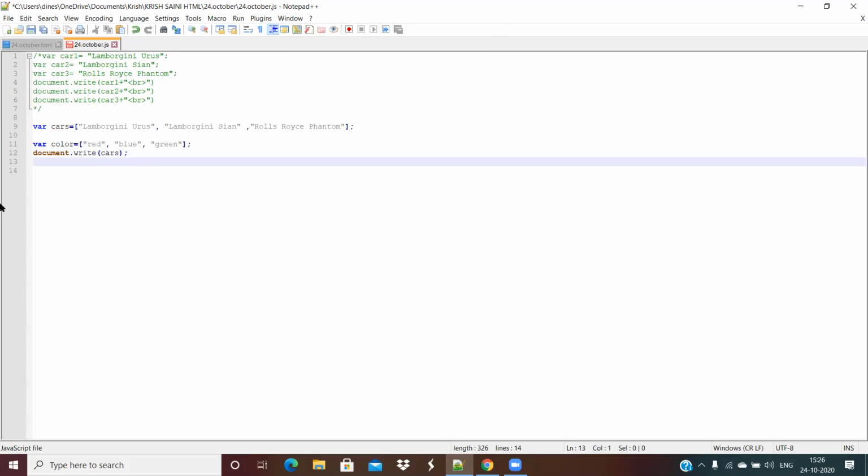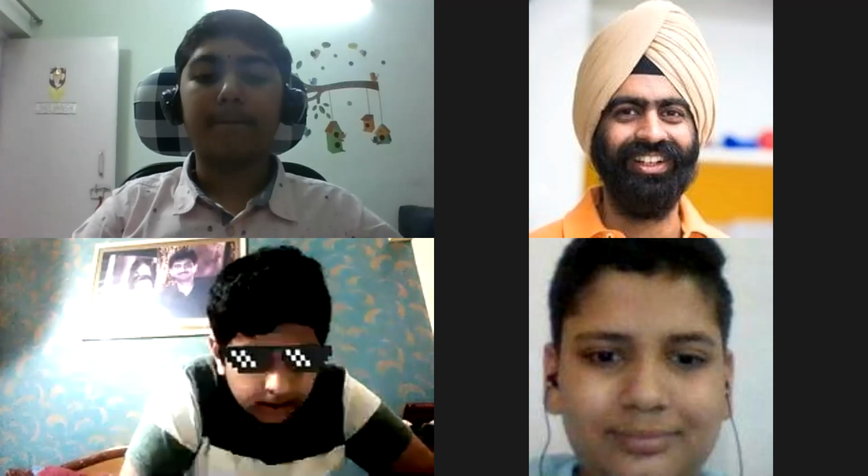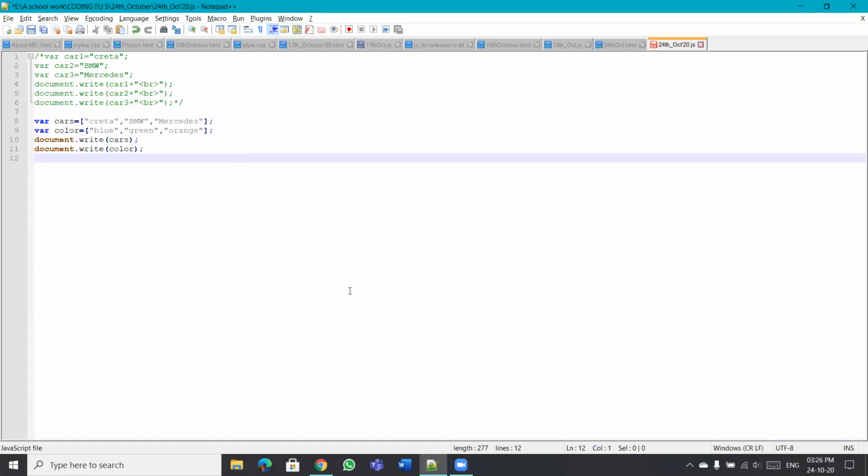Okay, now Shreyans, please share again. Now just look at the screen of Shreyans. This is an important concept. An array has an index, and that index always starts with 0. So this is the 0th value. This is the first value.